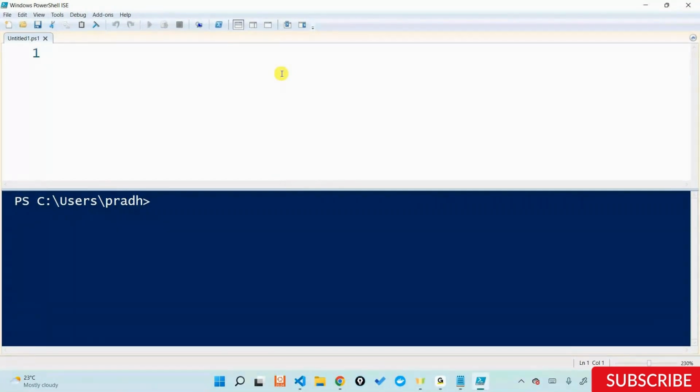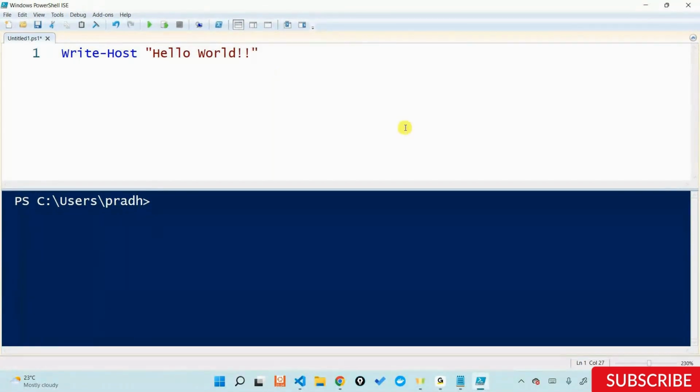If I want to write something in PowerShell, the command that I need to use is called Write-Host, meaning write something to the output. So I'm telling Write-Host. If you are from a C background, it's like printf, go ahead and print something onto the output console. It says Write-Host, and after that give a space, and whatever you want to write, give it inside quotation marks, open and close. I'll say hello world.